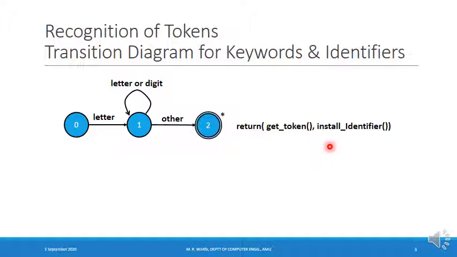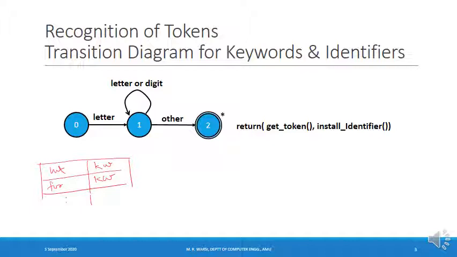Since this automata is accepting both the keywords and identifier, in order to differentiate, I will make use of symbol table. What we do is, in the symbol table in advance, we place all the keywords. So if int is the keyword, I'll place it in the symbol table and I will mark it that it is a keyword. Similarly, if for is a keyword, I will enter it into the symbol table and I will mark it as keyword, and so on. All the keywords which are there will be entered into the symbol table and they will be marked as keyword.